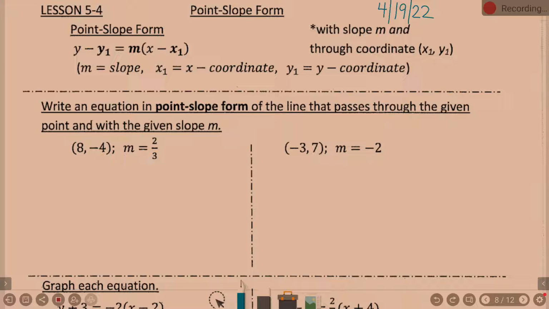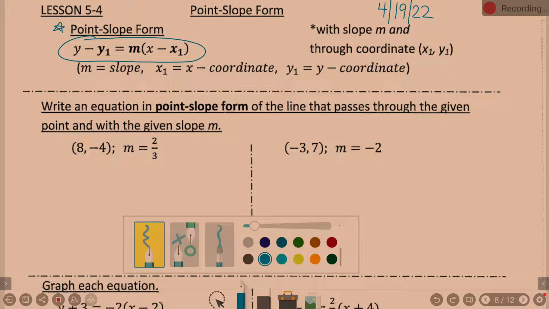Okay, so now point slope form. Point slope form right here: y minus y1 equals m times x minus x1. And so when we talk about y minus y1 equals m times x minus x1, the idea here,